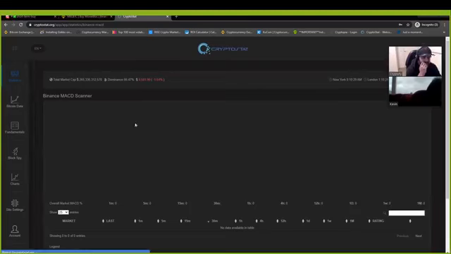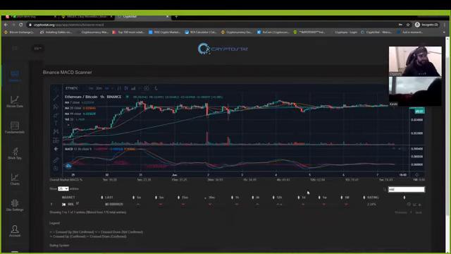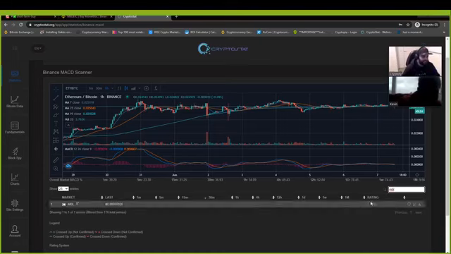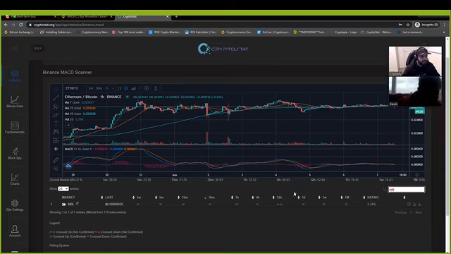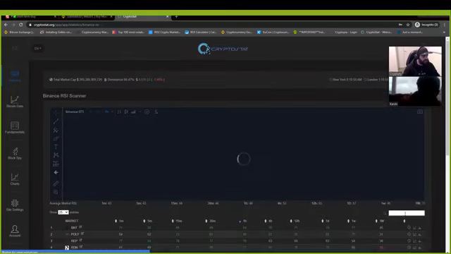Now, if you go to MACD Scanner, right, and I want to know what MBL is doing on the MACD Scanner, not that there's much action going on. You can see its rating is quite low. The monthly's under, the weekly's under, the daily's under. That's just because maybe it hasn't really built up all the way. But if it was looking good, then it gives you a better understanding of your decision and where you want to go. Now, if we wanted to go to the RSI scanner and check that out,